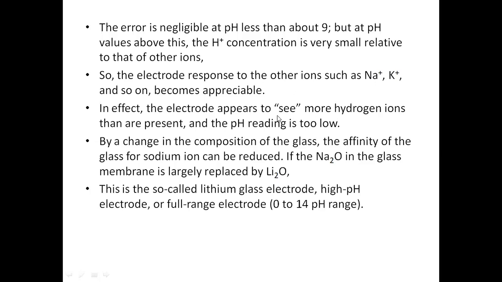So the pH reading will go down. It gets a false reading. The potential will be high, and that's why the pH will be low. We already discussed in the boundary potential that both are inversely proportional to each other. So in place of hydrogen ion, they get sodium and potassium, but